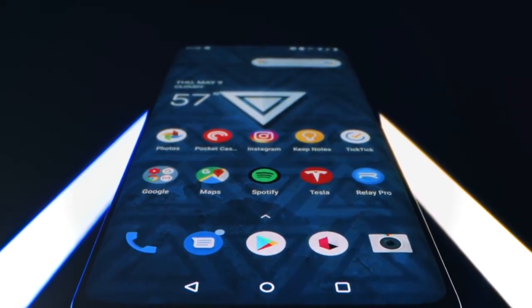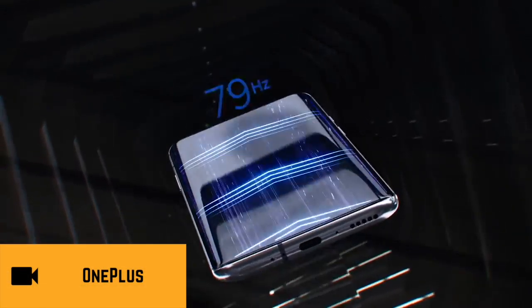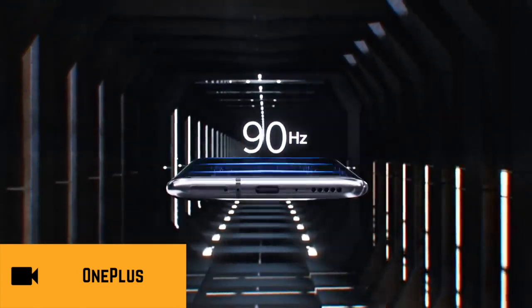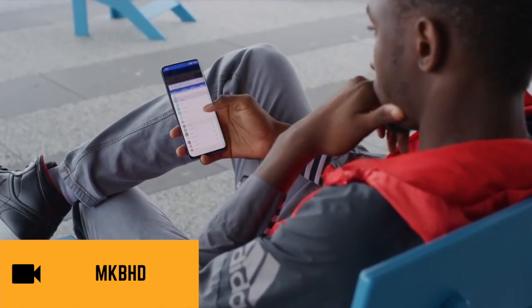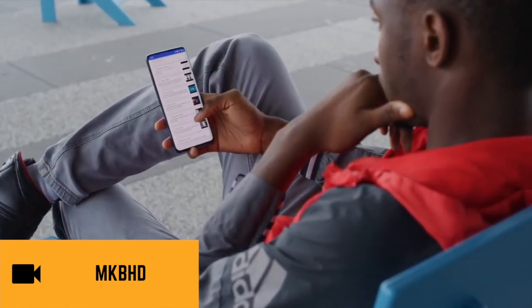There's HDR10 and HDR10 Plus support that OnePlus claims makes video more dynamic, with richer details and punchier contrast, and is certified by Netflix, YouTube, and Amazon Prime Video. Perhaps the most interesting feature here is that the display has a refresh rate of 90Hz. OnePlus claims that the 7 Pro is the first smartphone to have a display of this caliber, and basically this boosts the number of times that the screen gets refreshed to 90 times per second